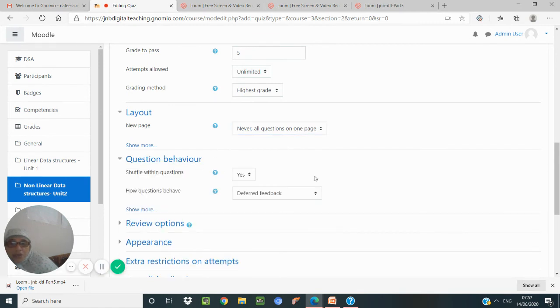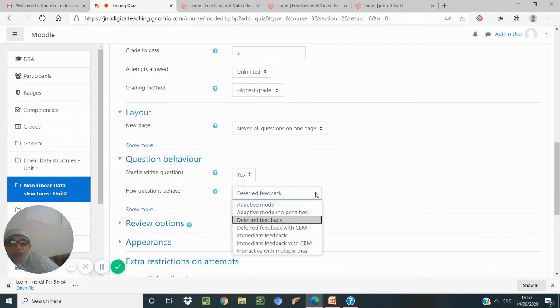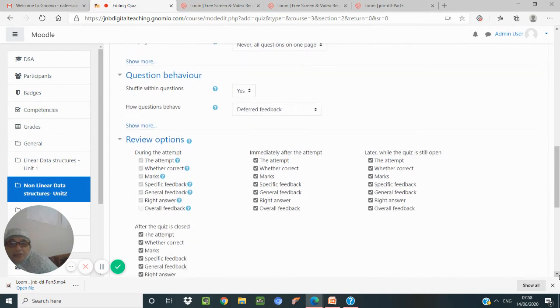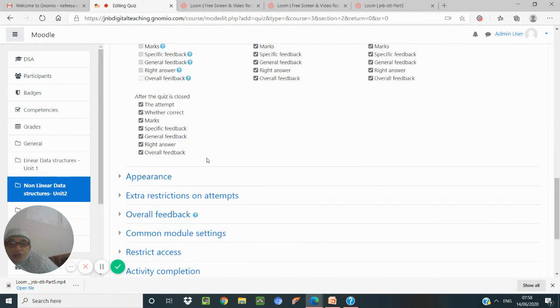Then question behaviors, where we can change the shuffle. Once the quiz is over, whether we are going to a deferred one, whether we are giving any feedback like that.